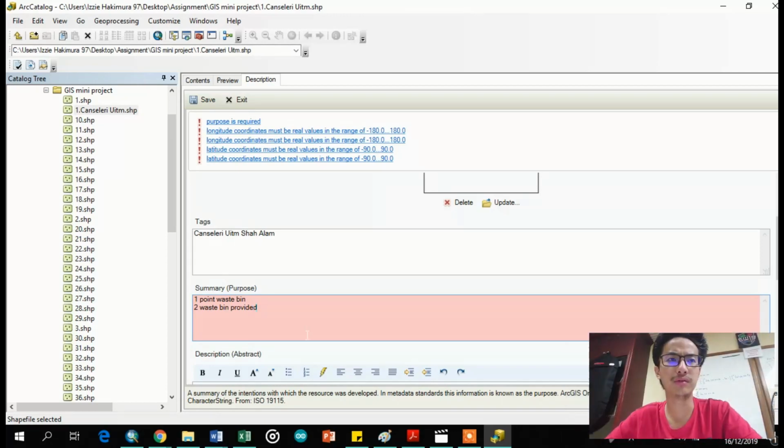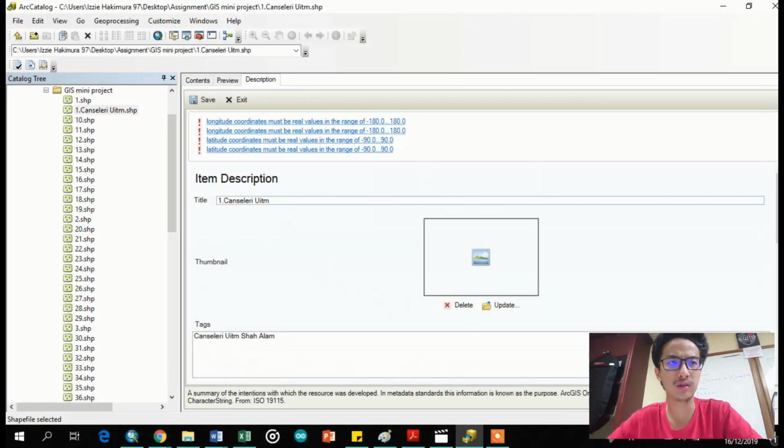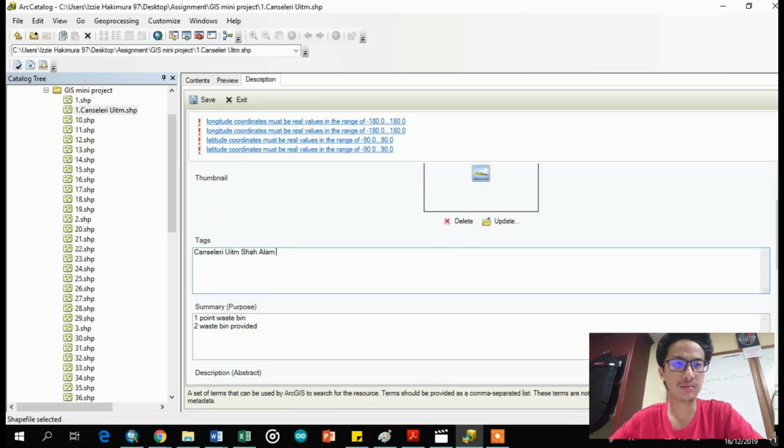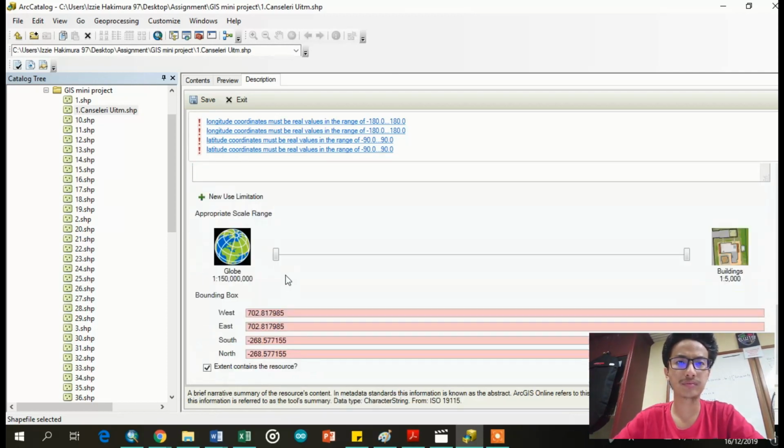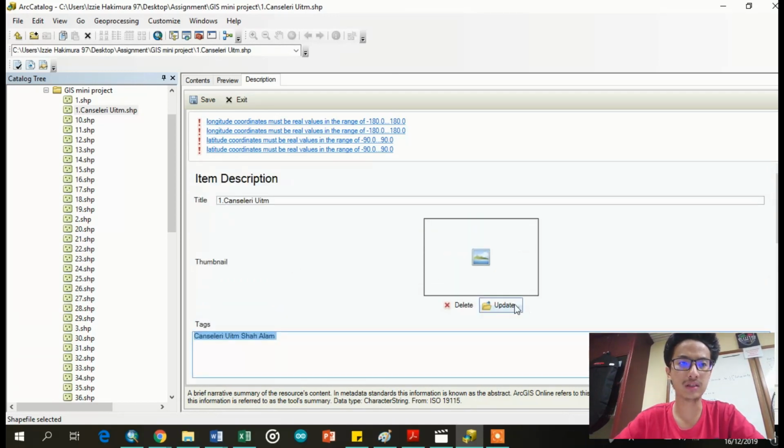Okay, we continue back with the item description where we have already selected the Chancellery UiTM, and then we tag the Chancellery with the name Chancellery UiTM Shah Alam. We can put our summary, which is it has one point of waste bin, where that point has two bins that are provided by the facility of UiTM. Okay, and then we can update the picture.